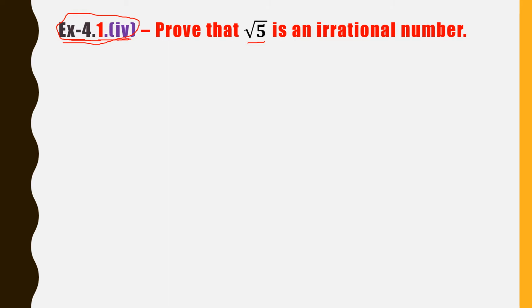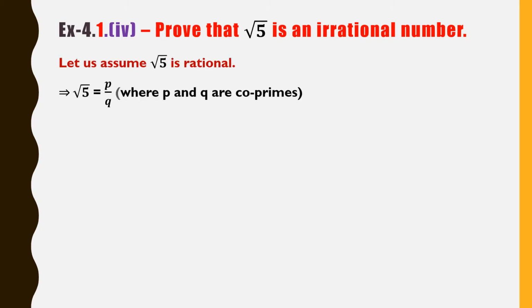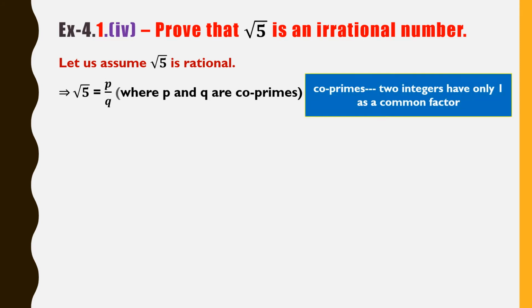Okay, root 5. Wherever we put 2, there you put root 5. That's it. Same steps. No need to confuse. Our first step is we are taking it as a rational number. A rational number is nothing but p by q. Here we took p and q as co-prime numbers. Same step is there in root 2 also, right? So here I send this q here, same step.